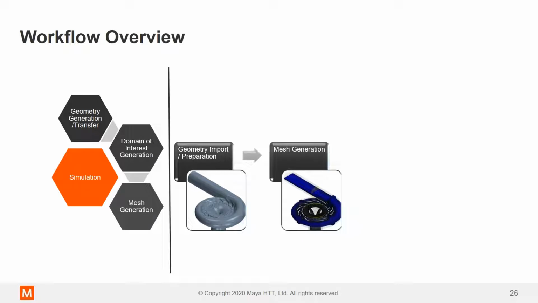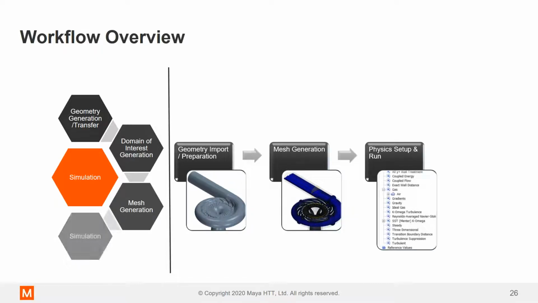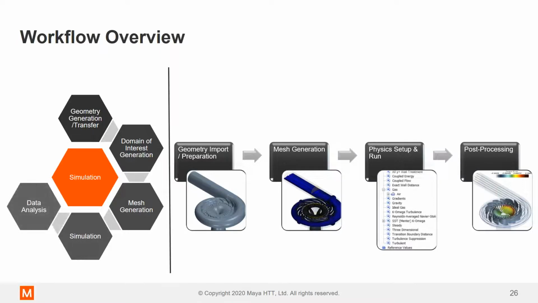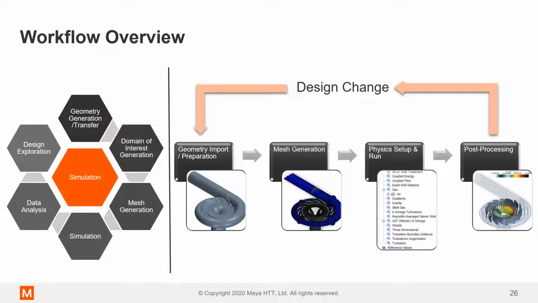Then we're going to look into setting up the physics, setting up the boundary conditions, generating the mesh, and then we'll solve the simulation. And once the solution is resolved, we're going to look at different post-processing capabilities. But one thing we'd also try to do is connect this tool to the design exploration capabilities within Star CCM Plus. So before I begin the demo, what I'd like to do is load up the Star CCM user interface and just give you a quick introduction.